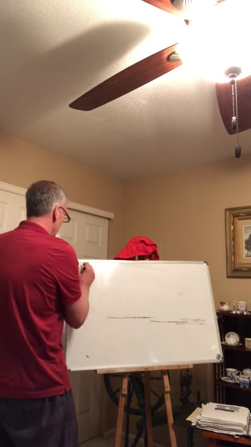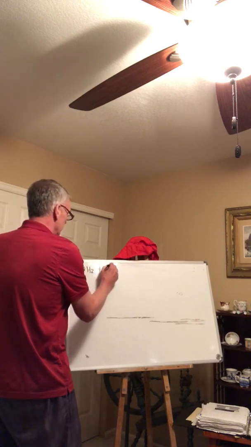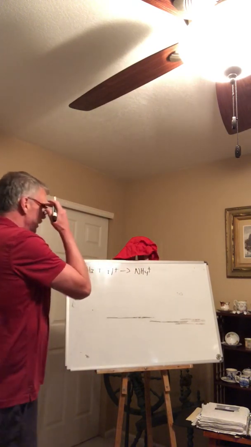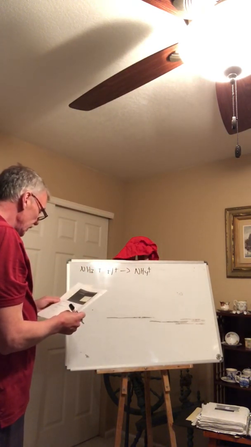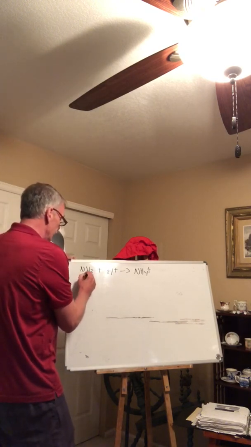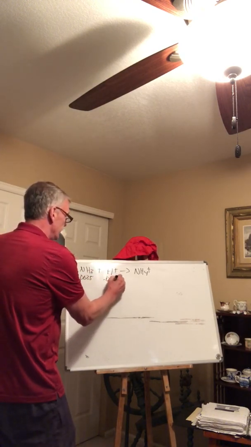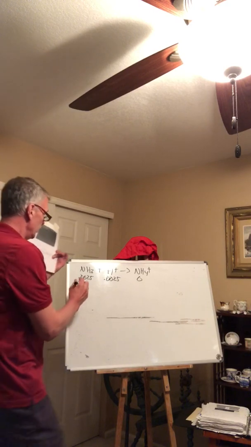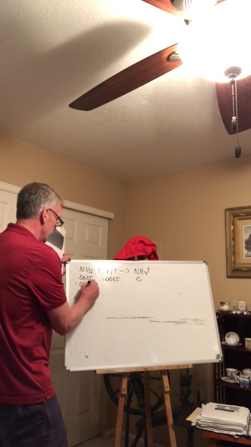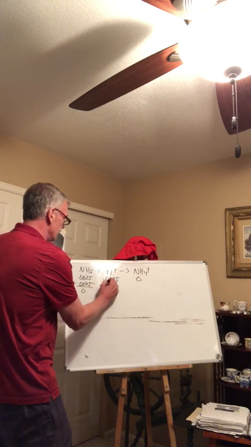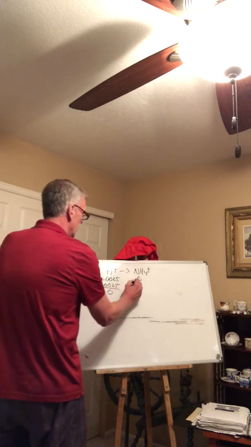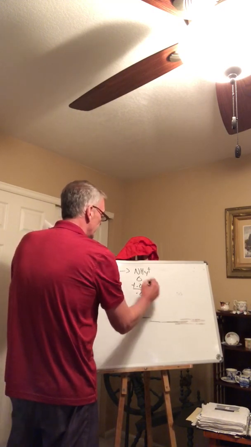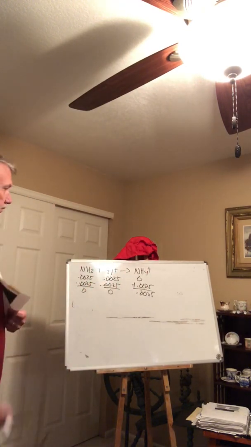So I've got NH3 plus H plus. Again, here's my reaction. This is what's going on. This time, remember the equivalence point is when we have an equal number of moles of acid and base. So this time they both run out at the same time. And just like I said in the problem that we did a couple days ago, this scenario, the equivalence point, to me is kind of the top of the hill in terms of the difficulty of this problem.